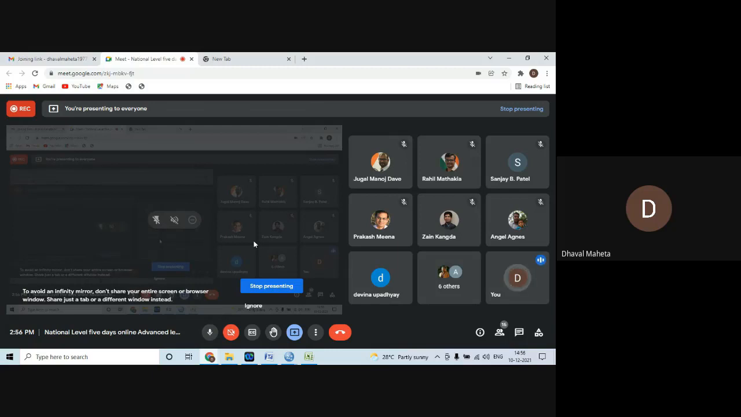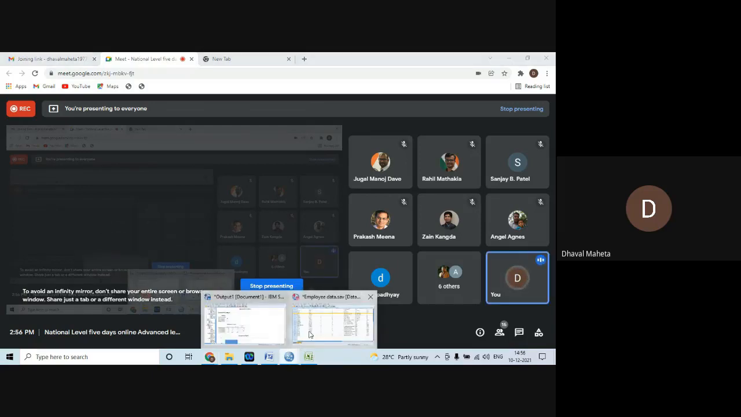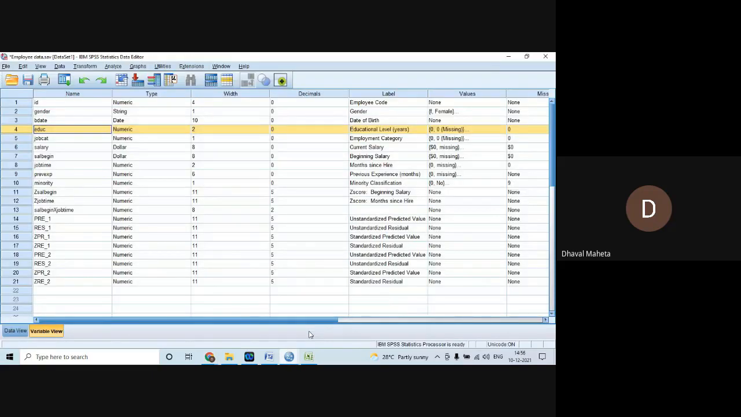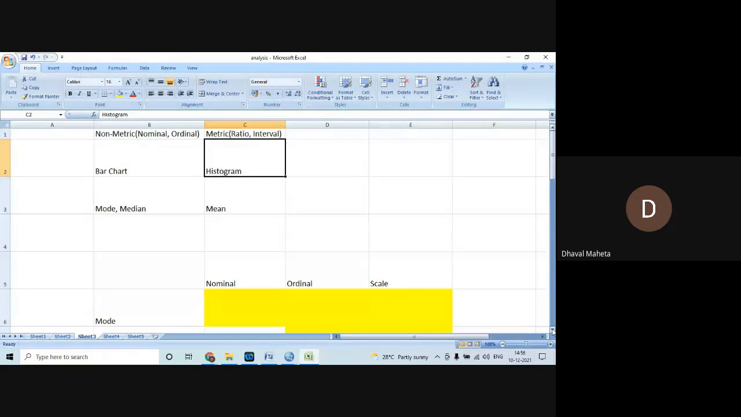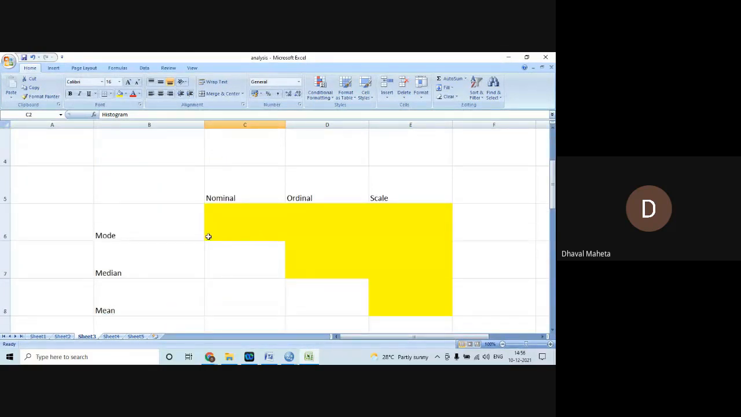Okay, now let us go back and try to understand what to do in case we are having two variables running together. Okay, one more thing which I forgot to tell you is that for nominal you can only compute mode, for ordinal you can compute mode and median, for scale you can compute mode, median and mean. Okay, now the next level,